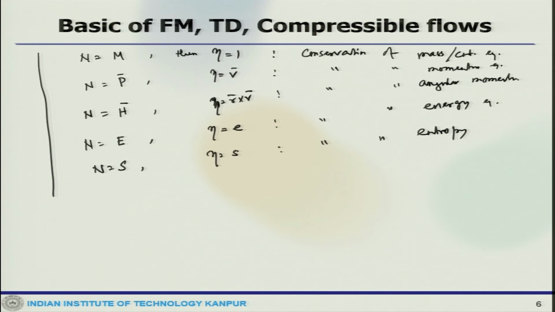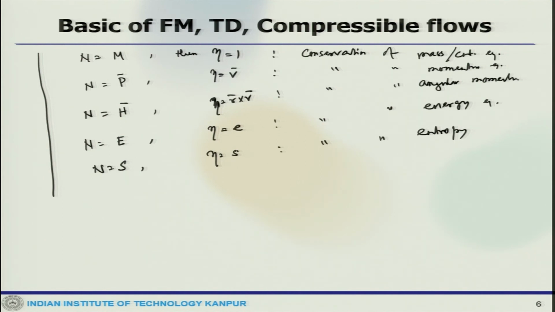So, you can see for different N and eta, you can derive all the conservation laws that we have talked about at the beginning. That means this RTT is quite handy to define this kind of governing laws. For example,